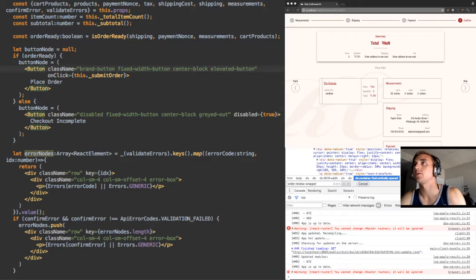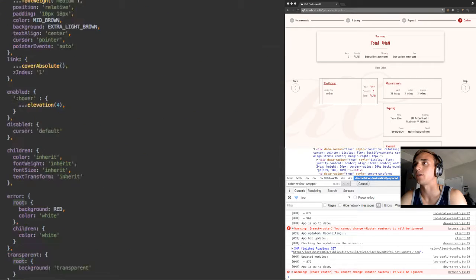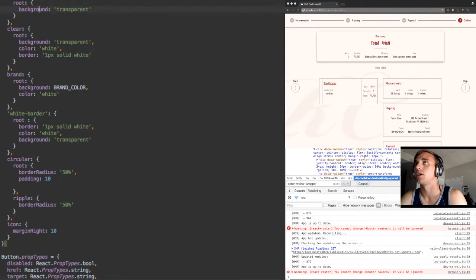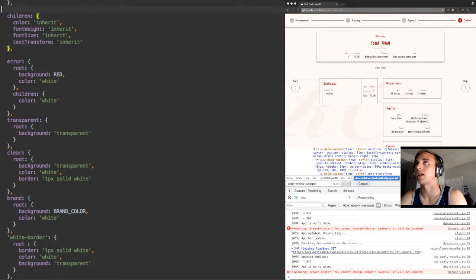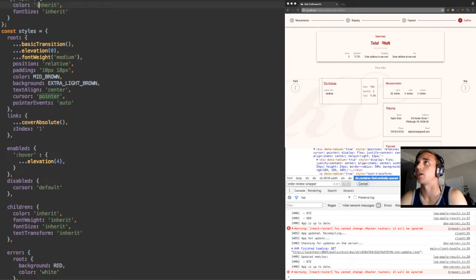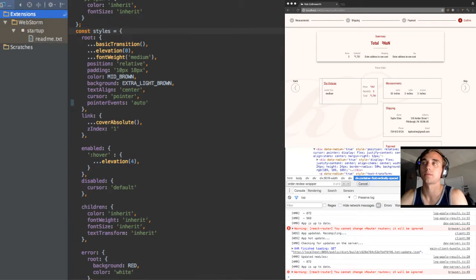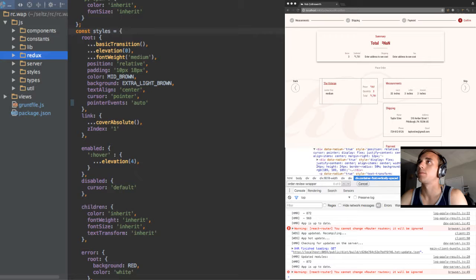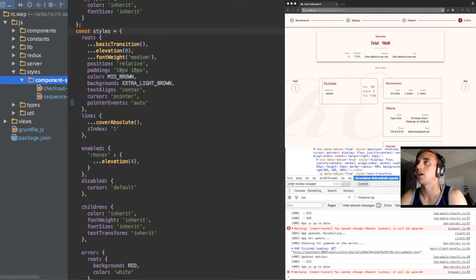You know what? Actually, while I'm here in this button class, I don't like how all this style is getting a little bit too unruly, this object, and it's adding lines to my button class, which is already pretty complicated. So I'm going to move it to its own file. The file I'll move it to, I have a directory called styles, component styles, and